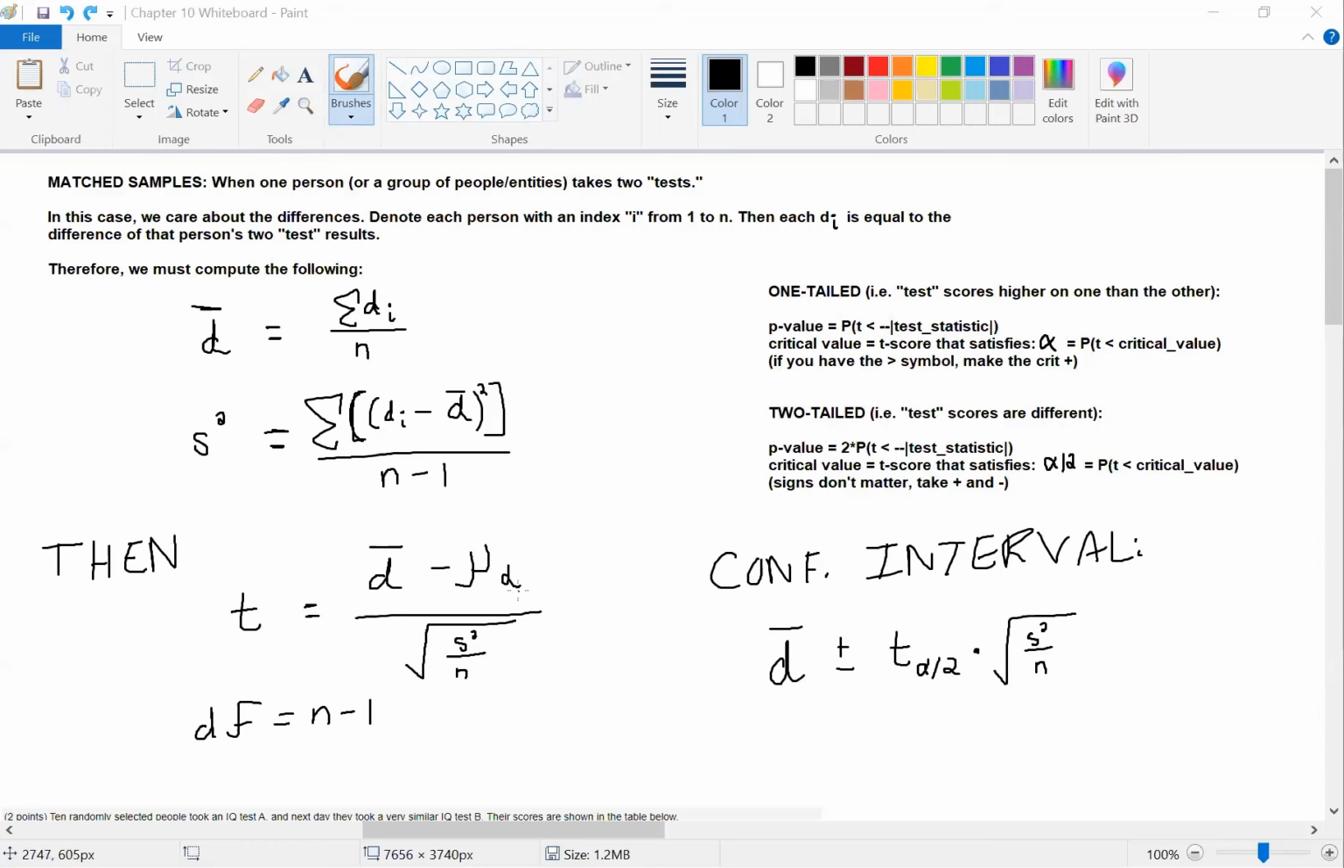Yes, that's mu of the differences. So this mu d, you're given it in the problem. So for example,